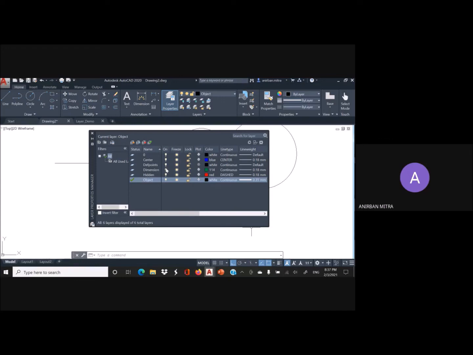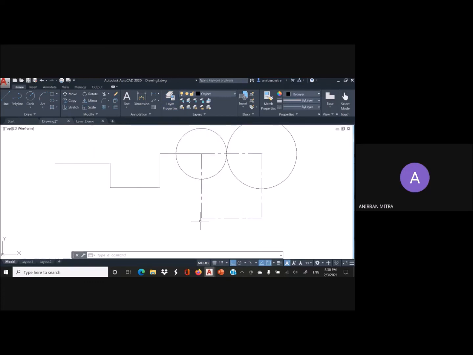The visibility of the layer on the drawing can be controlled by the switching on or off of a layer. The symbol here is a glowing light bulb, which indicates the layer is on or it is visible. So if I click on the dimension layer bulb, it turns off. And what is the effect? The dimension is no longer visible here. Note that this dimension is not deleted. It is still present. Its information is still retained, but it is not displayed.